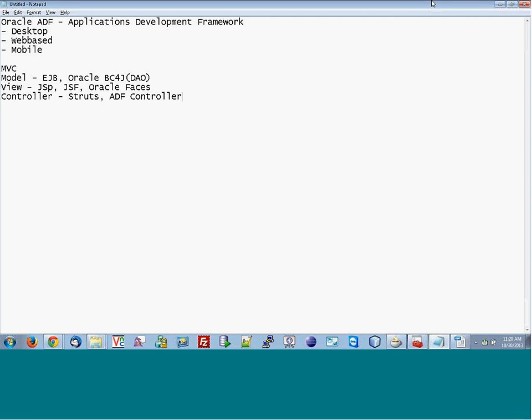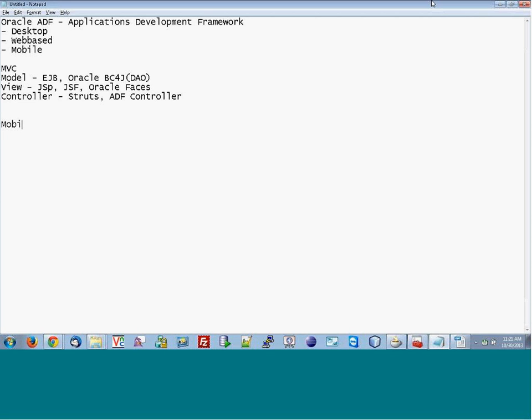So the main advantage with ADF applications is that all the existing Java technologies which are available in the market are supported through ADF, and ADF works on top of JSF and all the middleware components available. And integration of existing applications or development of new web-based applications through ADF is far easier, and you can complete the given task within less time. So that's the main reason why people are moving to Oracle ADF, and